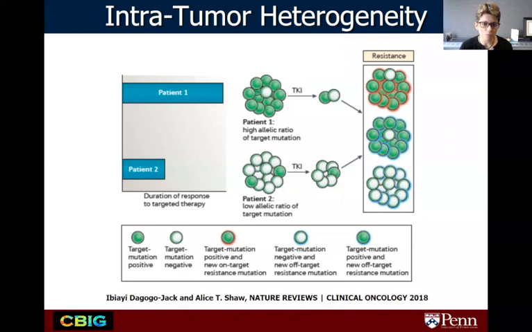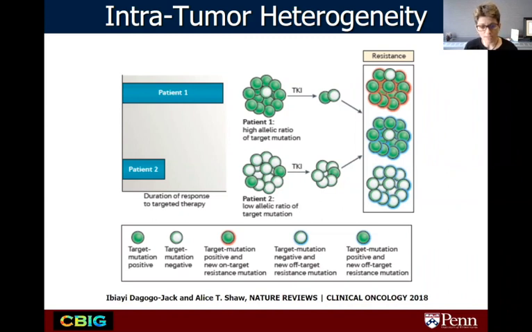So you can see, for example, patient 1 versus patient 2. Patient 1 has a high allelic ratio of the targeted mutation. Patient 2 has a low allelic ratio of the targeted mutation. And let's say you were biopsying those green types of cells, but not those white ones, and you were making your decision on targeted therapy based on that allelic ratio. Patient 1 will have a good response, and you will see some of those cells disappearing because of therapy. But patient 2, not as much, because there were a lot of cells that did not have the same targets, and those will continue to grow and ultimately outgrow the cells that were actually responding to therapy.